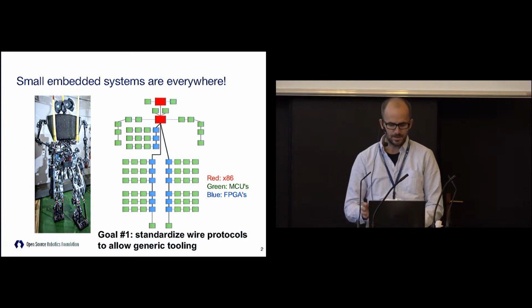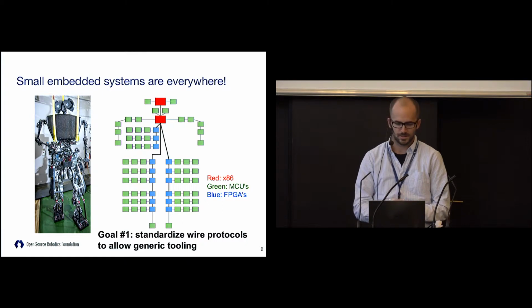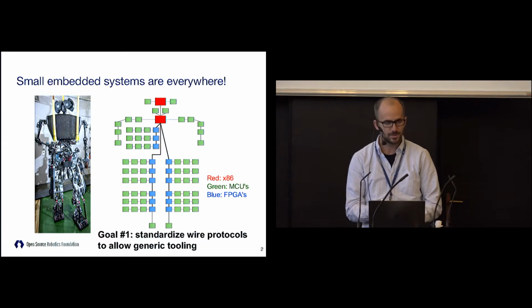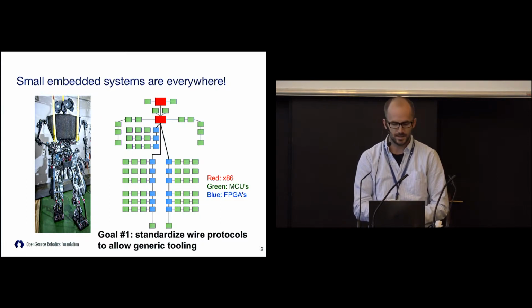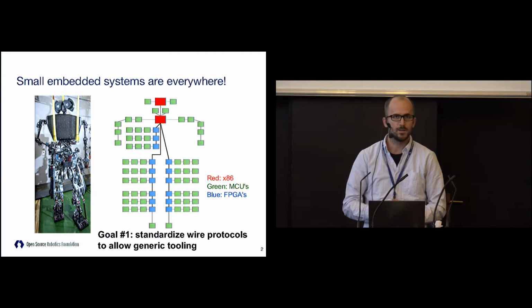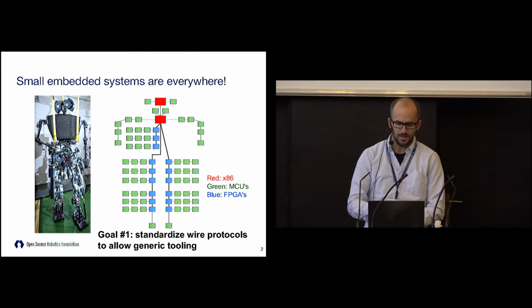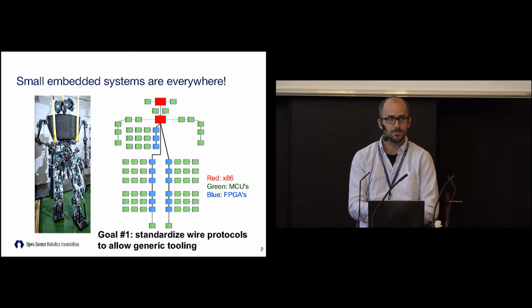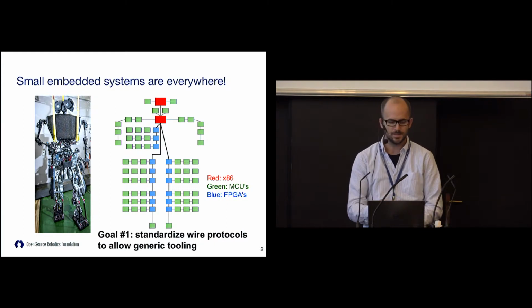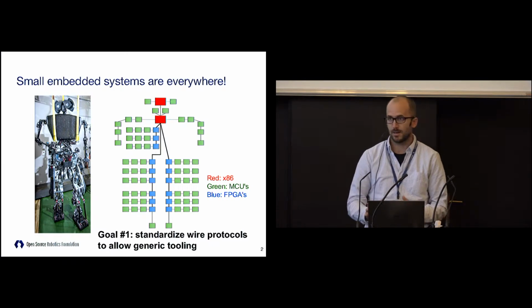So this picture is just to try to show the ratio of microcontrollers nowadays. That big robot there on the left is a robot we did in collaboration with Sandia National Laboratories and IHMC. And that's a big walking humanoid. So a big complicated machine, person size, person mass. But there's only actually 2 full-on computers on there, so 2 x86 machines up on the very top of the torso. The rest of the machine has FPGAs for high-speed data transfer, but then this gigantic constellation of microcontrollers where all the sensors are. So there's all this data flying around with all these little microcontrollers.